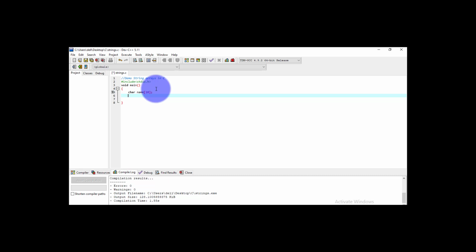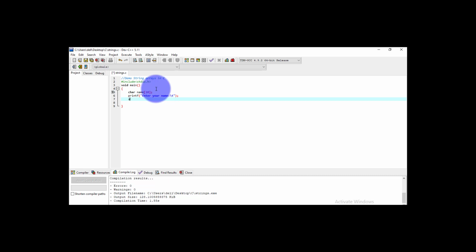Now I want the user to enter the name, so for that I am using the printf function, and within double quotes I am writing enter your name, \t escape sequence I am using here, and at the end put the semicolon.